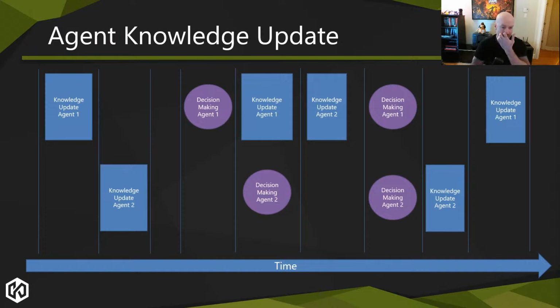It all depends on how heavy decision making is and how heavy your behaviors and stuff are. In our case, they were very light, so it was a non-issue to just run it every frame. But the knowledge was a more heavy operation because it was tying into doing a bunch of physics queries and a bunch of stuff like that. So that one had more of a cost, and it was beneficial to spread the load there a bit.